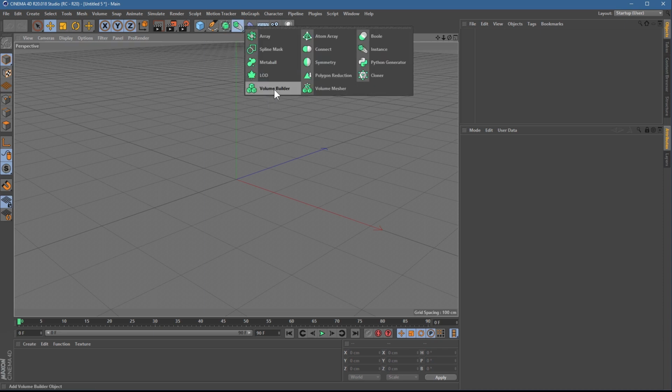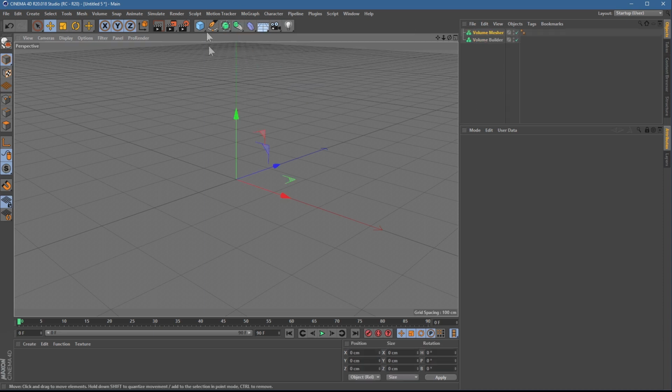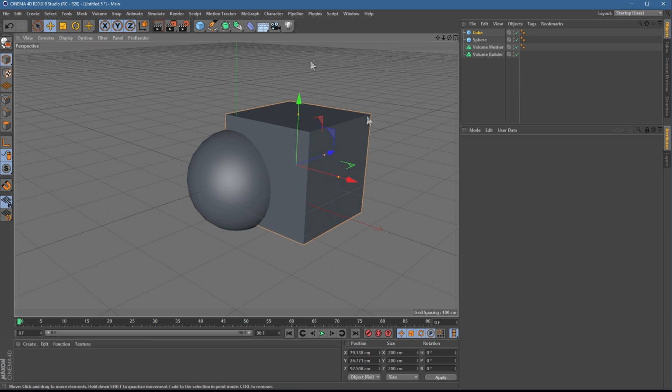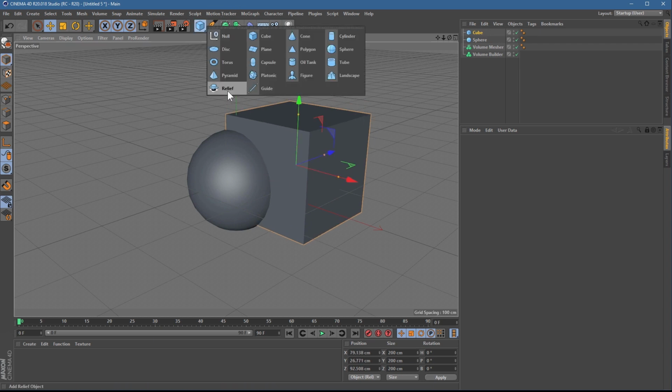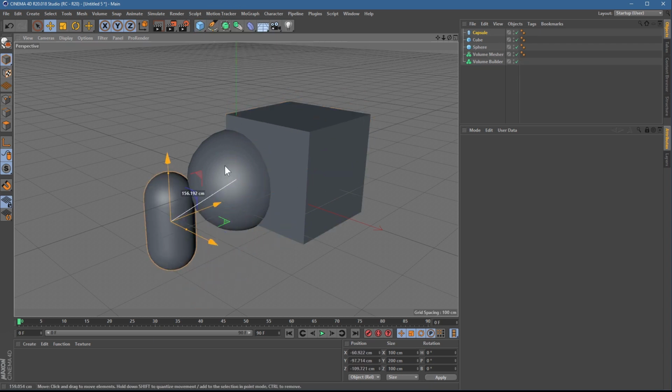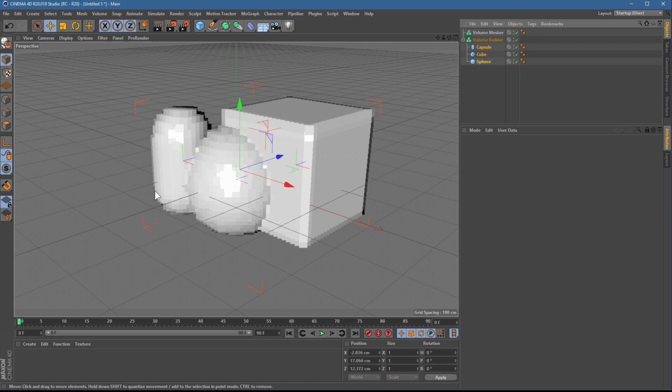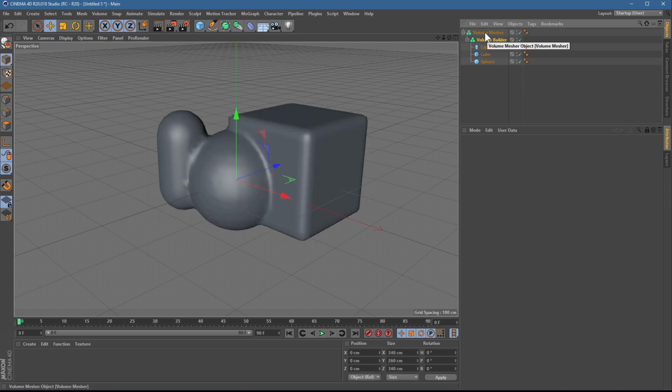So we'll go for a volume builder and a volume mesher. We'll just take a couple of pieces and we'll maybe chop a cube out of there, and we'll tack on, I don't know, let's say this capsule to the side. So if we throw all of these inside the builder, so they become a volume, and then we throw that whole thing inside a mesher, so it becomes a solid object,